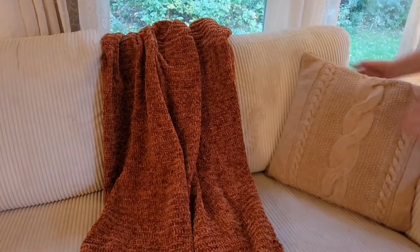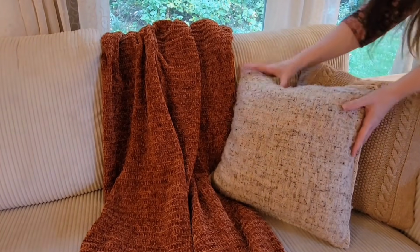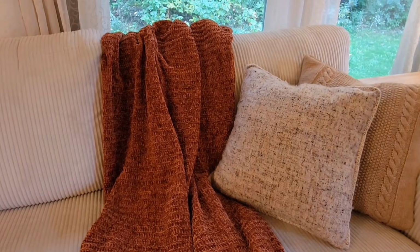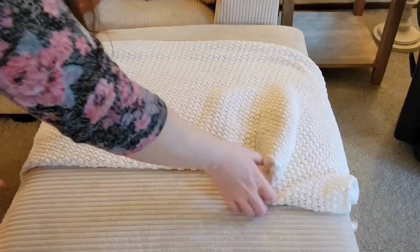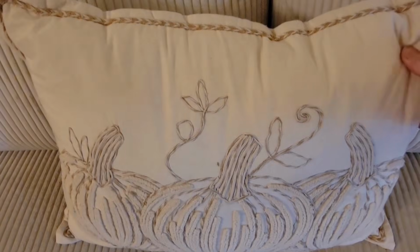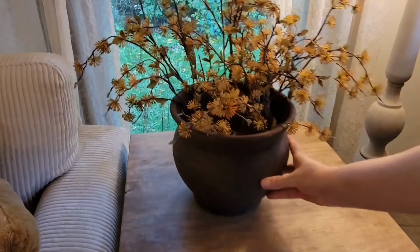And then here's another one of those cable knit pillows. This is more of a caramel color, and that was from the at-home store, as was the other cable knit pillow. Can you tell I like blankets? I don't know about you, but I use blankets all year long. I'm always cold. I mean, it doesn't help that I live in Wisconsin, but I don't think I can blame